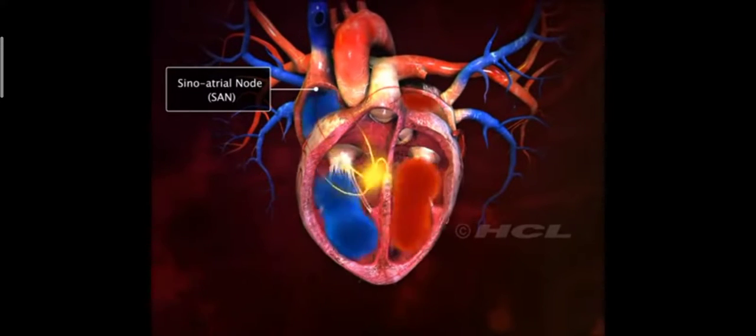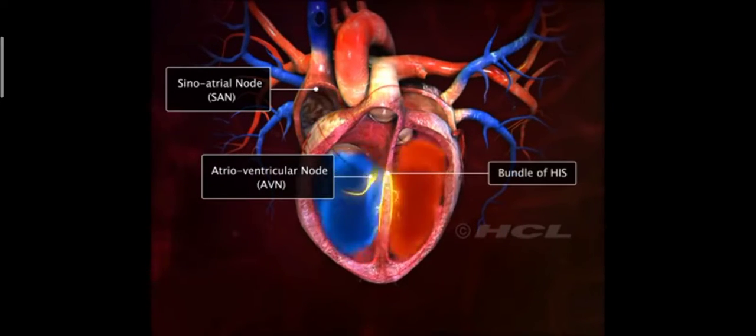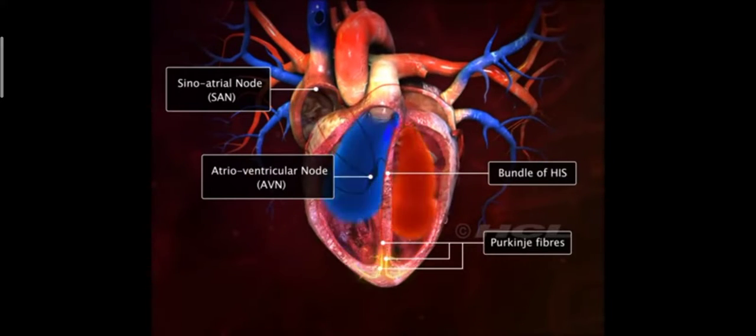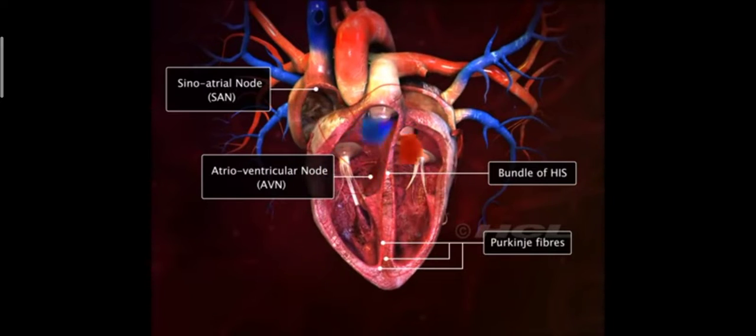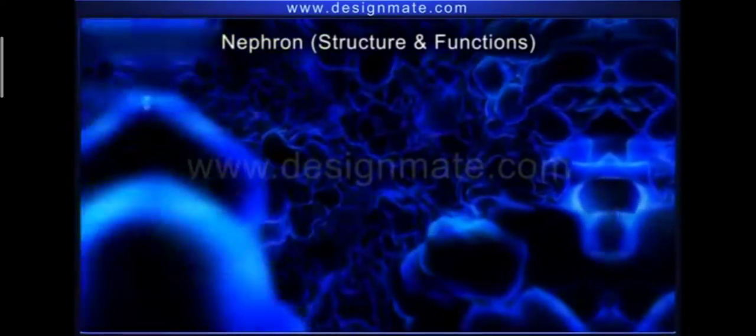The sinoatrial node, atrioventricular node, bundle of HIS and Purkinje fibers represent the specialized cardiac tissue. These fibers are autoexcitable as they have the potential to generate electrical activity without any